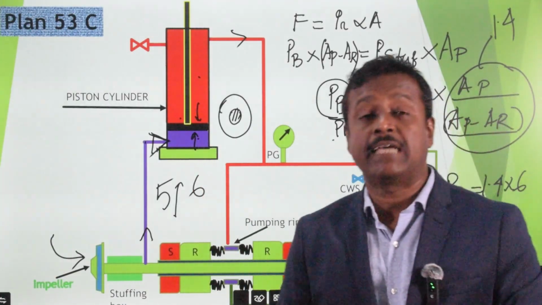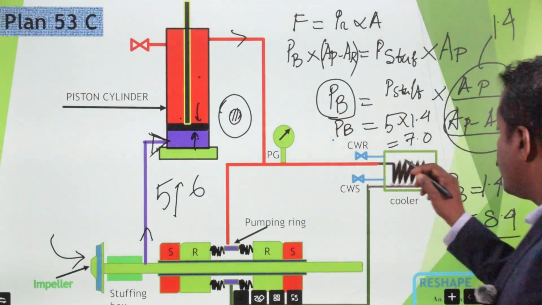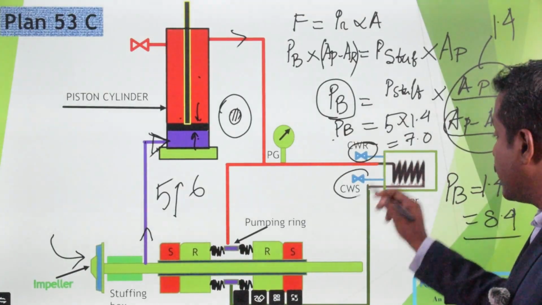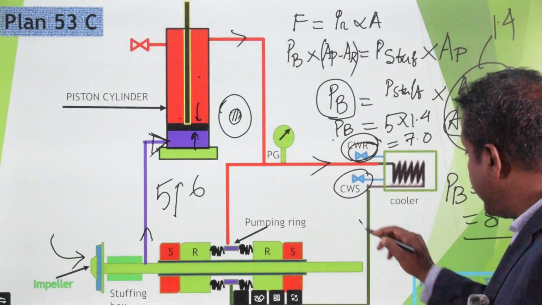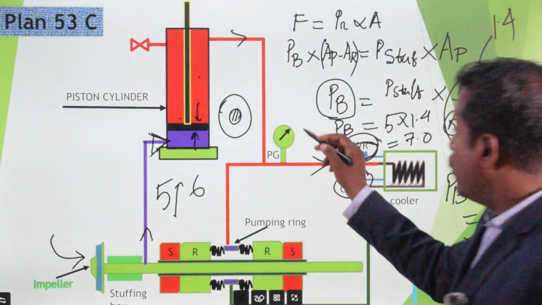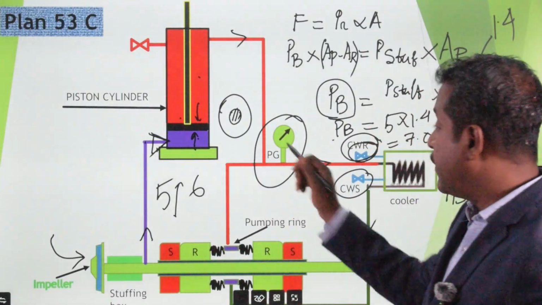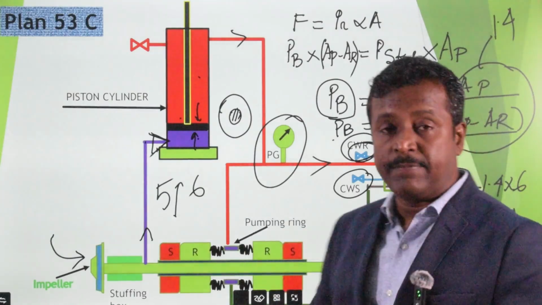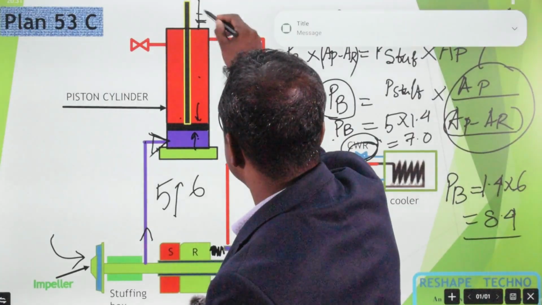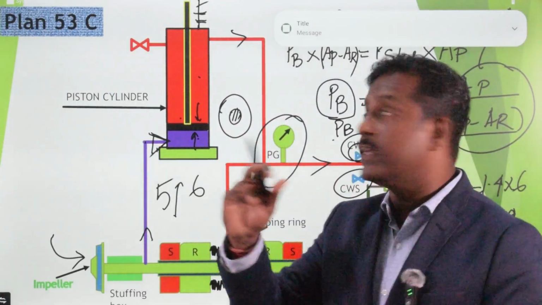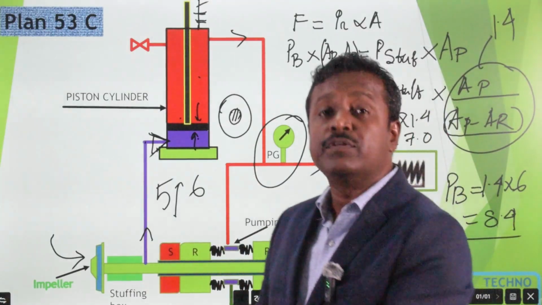Now, at the time of walkthrough, what points should you check? We should check the cooling water inlet, cooling water supply and cooling water return line temperature, and barrier liquid inlet and barrier liquid outlet temperature. We should look at the pressure gauge reading. The barrier liquid pressure should be more than the stuffing box pressure, and we monitor the level gauge reading of this piston,